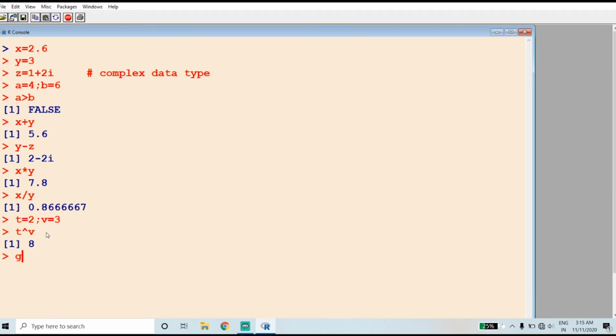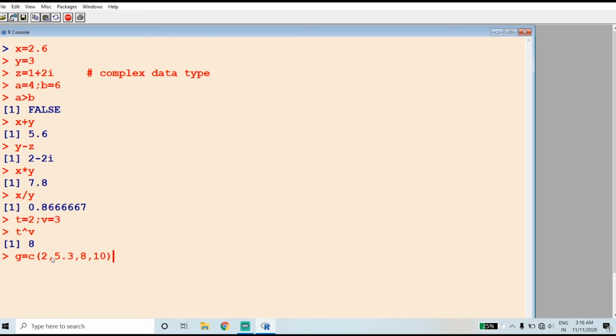I am assigning g is equal to, I have 4 values. So I can use the combine function. The command is c. This indicates that it's a function. It's followed by a parenthesis, and in this parenthesis you can enter the values. Suppose the first value is 2, second value is 5.3, third value is 8, and next value is 10.